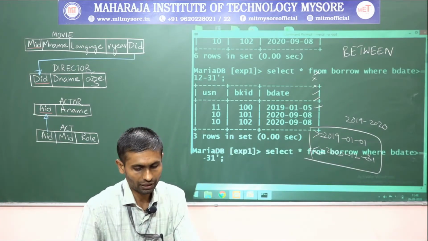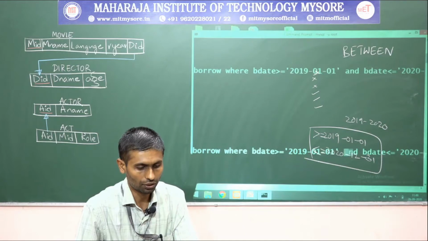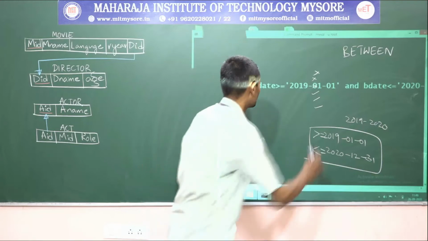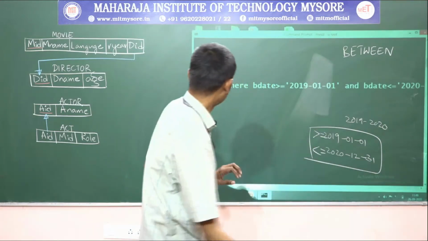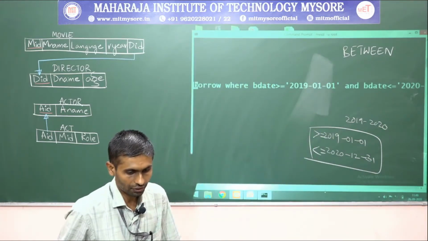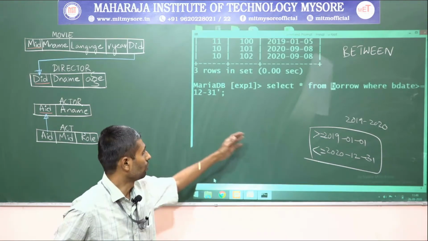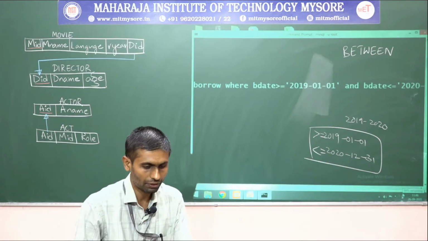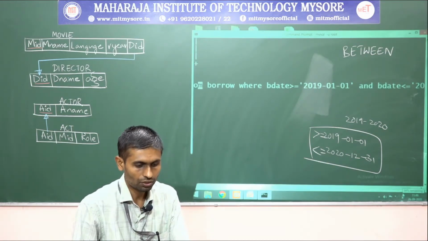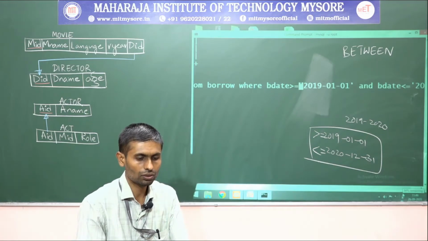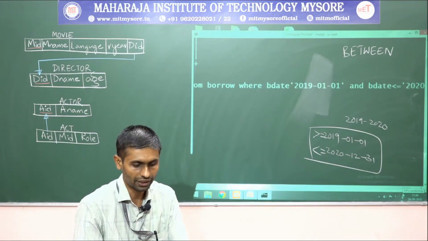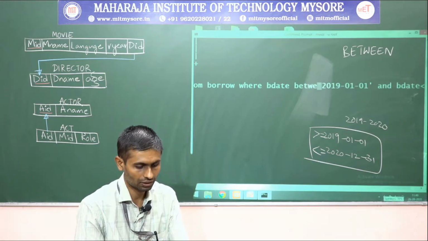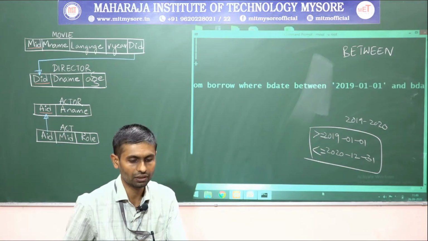So I'll write the same query. What I'll do is select star from borrow, same thing I've written. Look at this one, guys. Select star from borrow, where B date should be greater than or equal to something, between the two dates we have mentioned. So there, instead of the greater than or equal to, less than or equal to operators, what I'll do is, B date should be lying between, I'll make use of the keyword BETWEEN, B date between